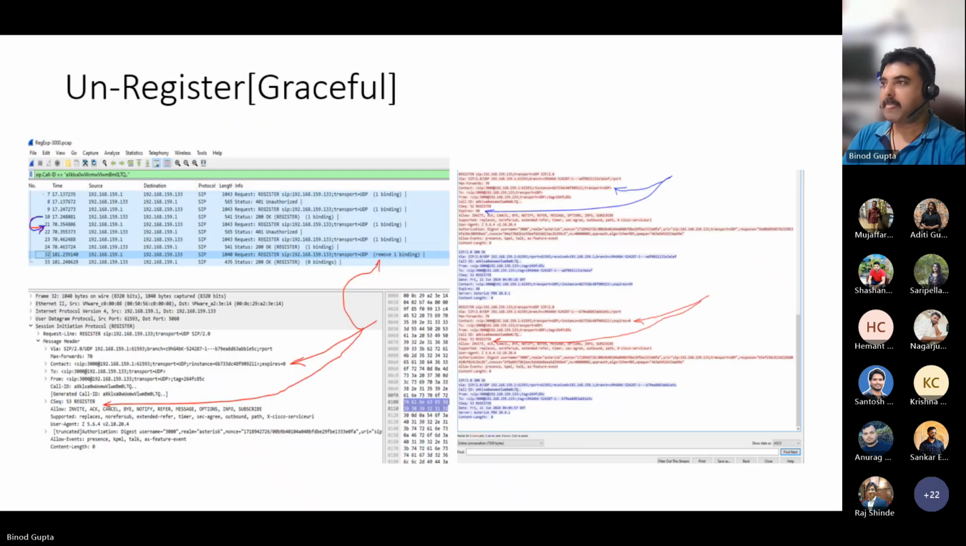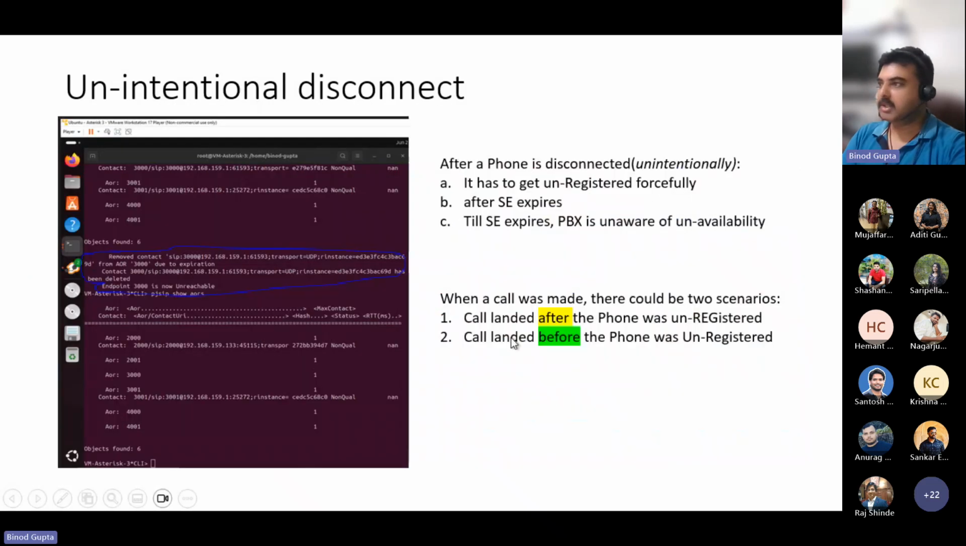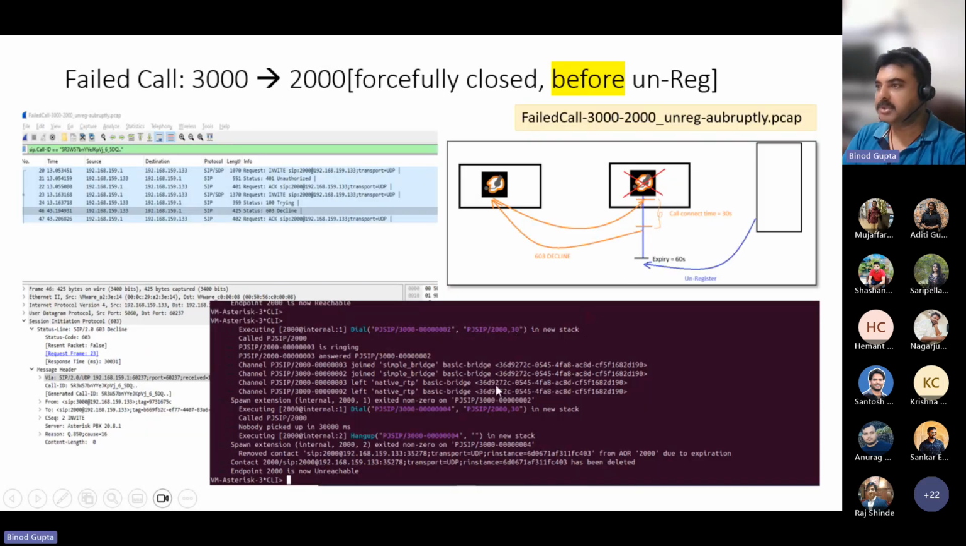Another thing I wanted to show you was an unintentional disconnect. How does it look? If a phone has got unregistered, let's say in this scenario, there are two phones which want to have a communication, and this is my Asterisk PBX. It sent out a request initially,